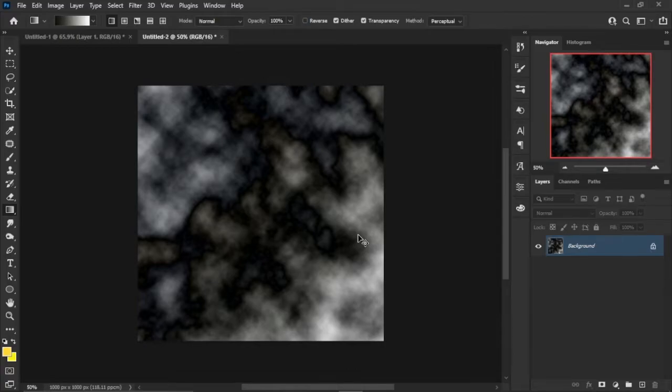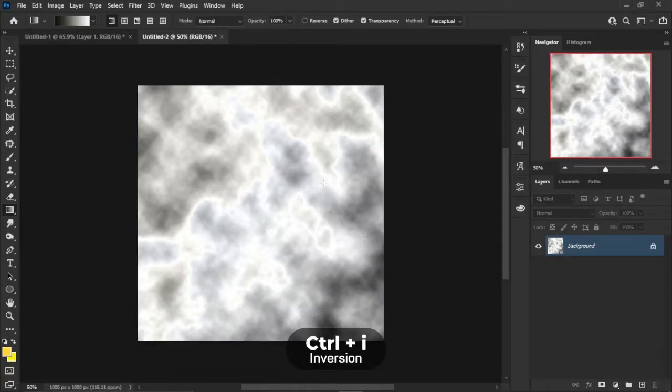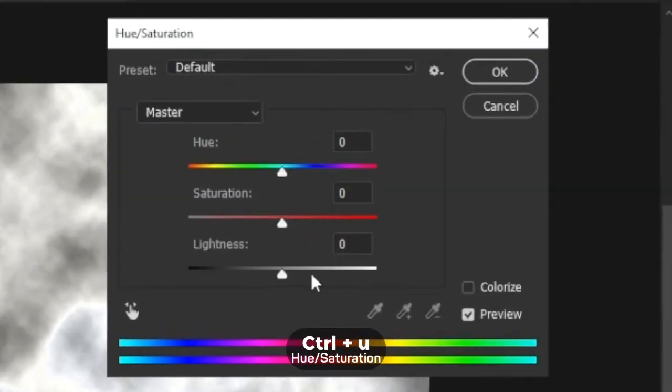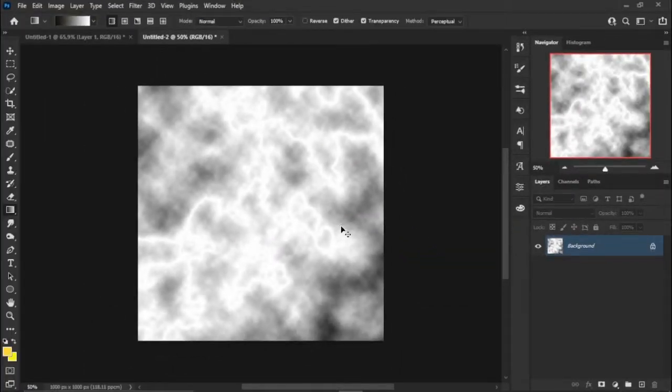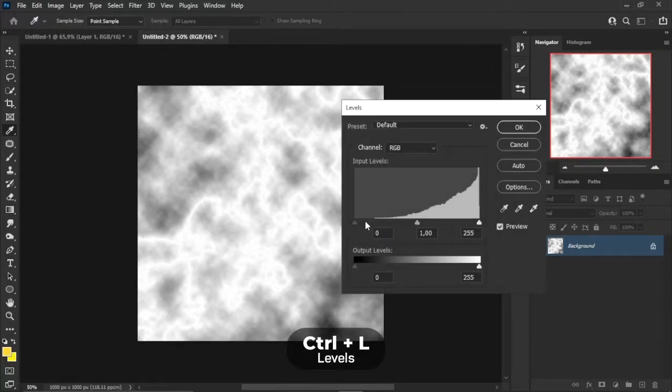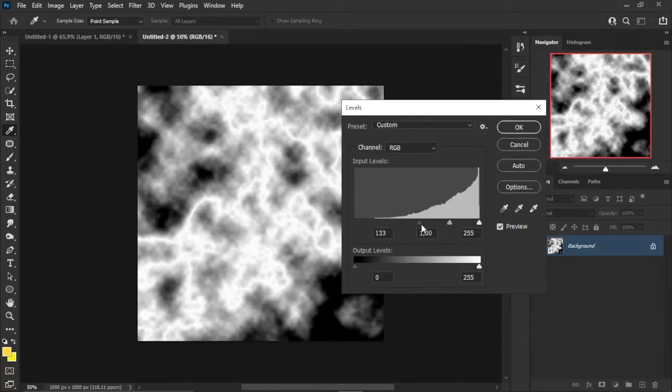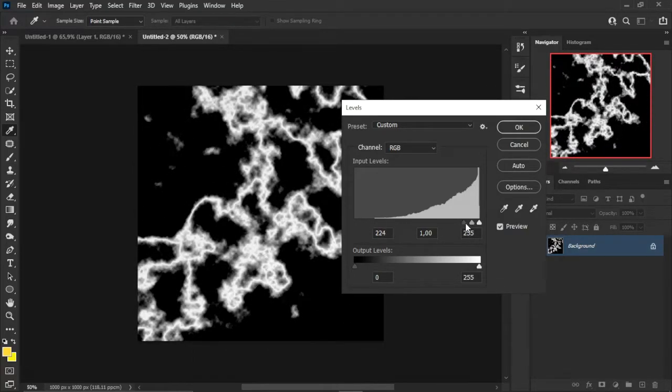So, press Ctrl I. We need to remove unnecessary colors, because if we don't remove them, they may interfere in the future. So, press Ctrl U and remove all saturation. Now we need to adjust the levels so that only the electric lightings are visible. So, press Ctrl L. Shift the left slider to the right, until about